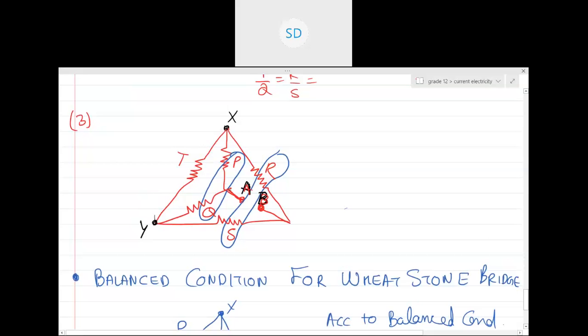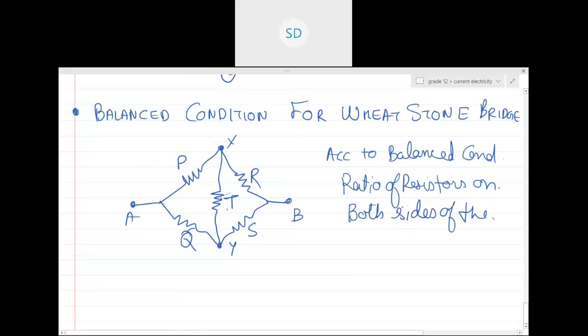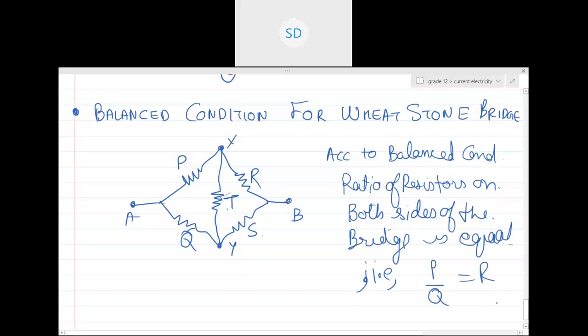Guys, can you see this? I can hold A and rotate the circuit about the line XY, keeping XY where it is. I can rotate A, I can open it up, and it will become the same. So if P by Q is equal to R by S,